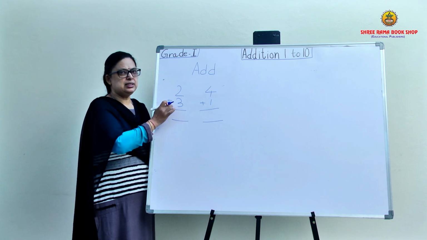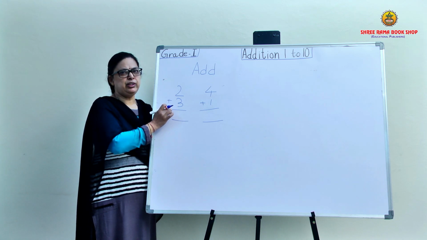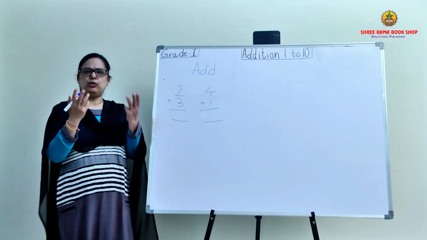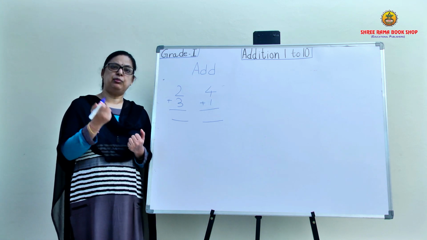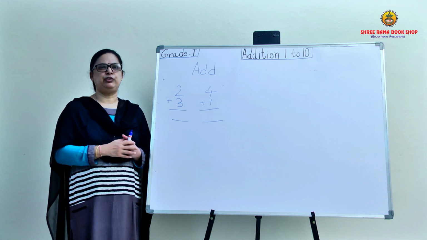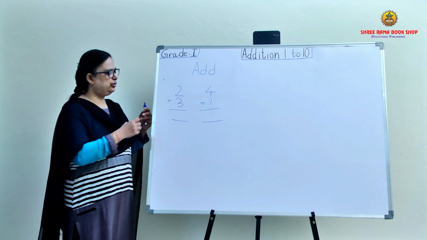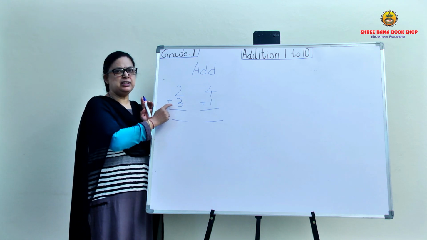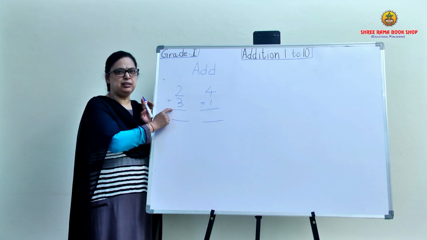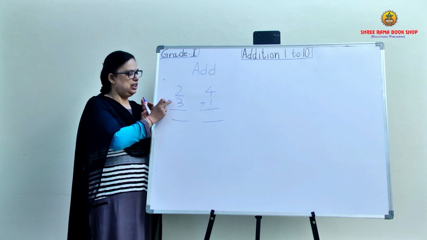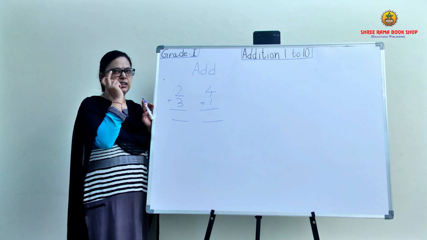So when you see this, the simple way of doing it is you can open your fingers and count if you want to, but there is still another easy method of doing it which would help you not to open your fingers. What can you do? Just compare these two numbers, 2 and 3. Which one is a greater number? 3 is a greater number. So keep the greater number in your mind.